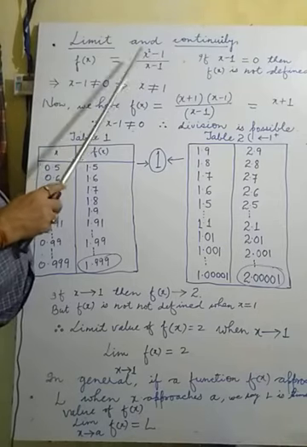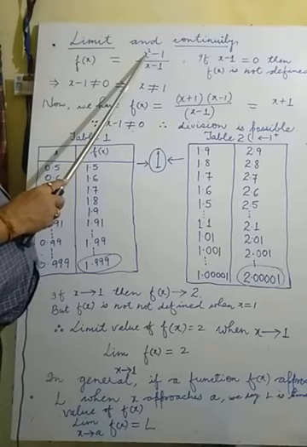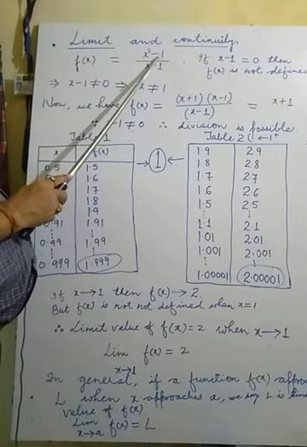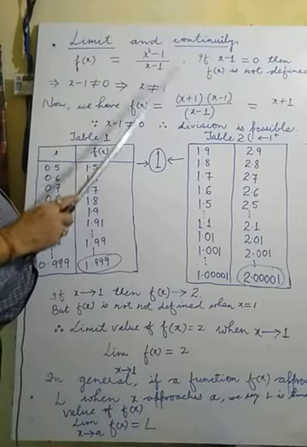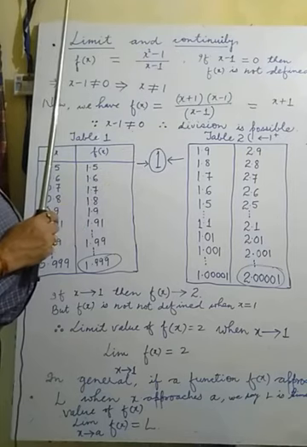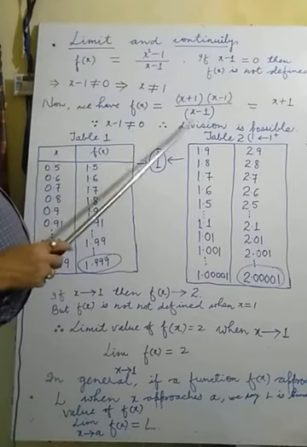By using that, in one bracket it will be x plus 1, in the second bracket x minus 1. Now the numerator is factorized as x plus 1 times x minus 1, and further,